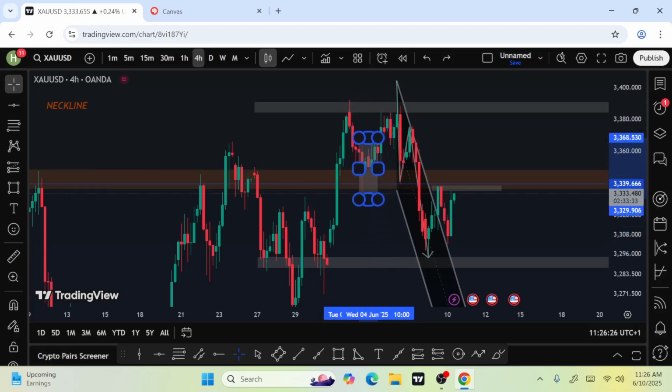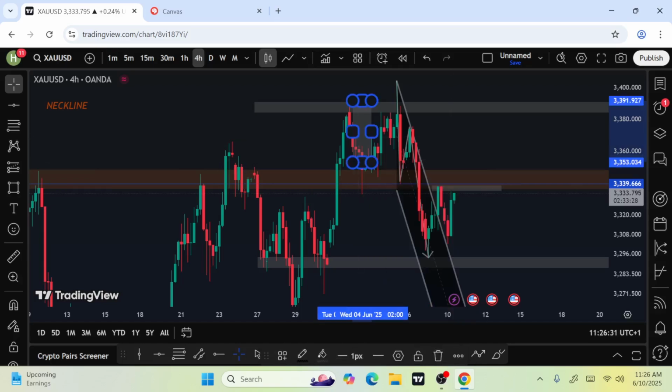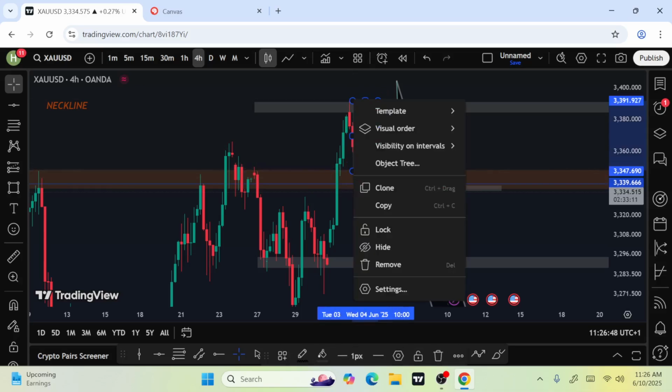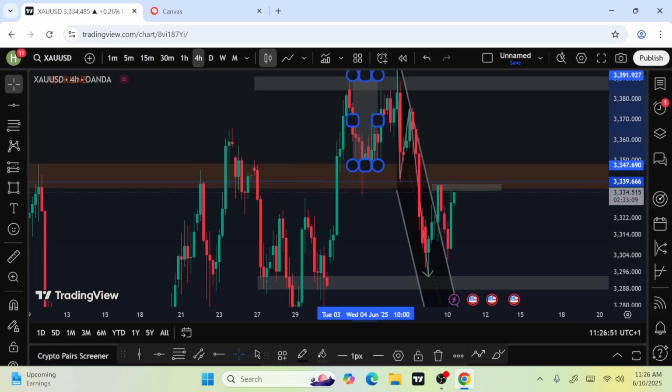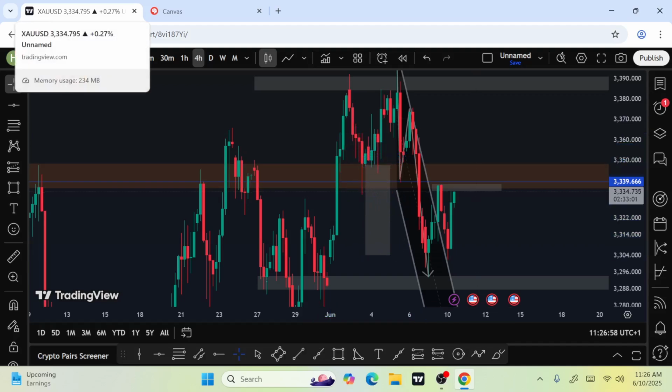Now, look at this. What if we are to draw the height of this guy from this point to this? Are you seeing it now? So now that you've known this is not my neckline, this is what I'm putting as a neckline. This is what I'm using. Now it has broken below it. Then you will now take it and place it as your neckline. Did the market get there? It even went beyond. It's still the same thing.